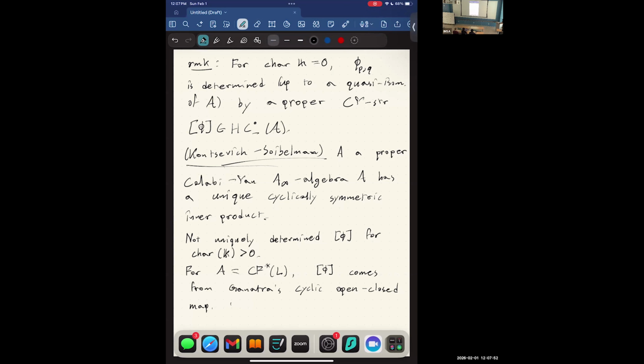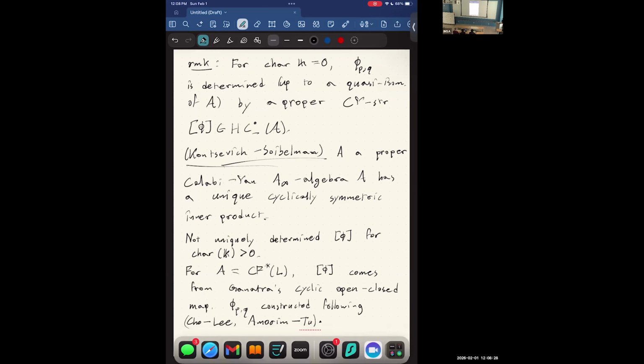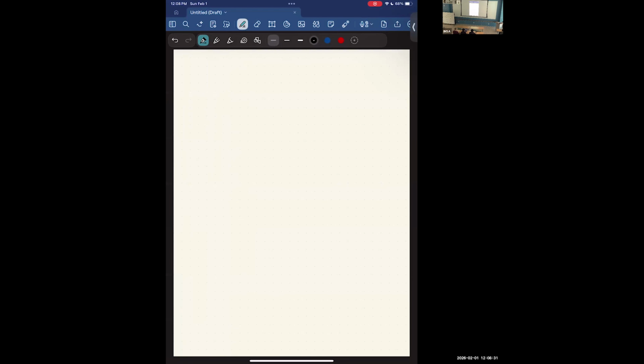So given this cohomology class, there's a formula for phi sub pq, which is constructed following Cho-Li, and then there's also a separate way of doing this due to Amorim-Tu. Okay. Right. And this is strictly some algebraic procedure, but just for the record, really this